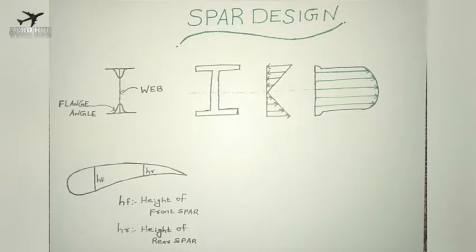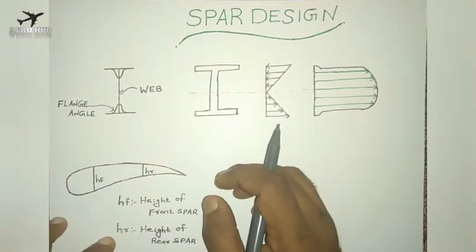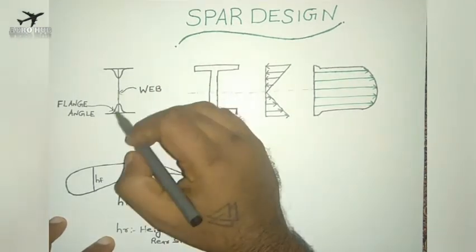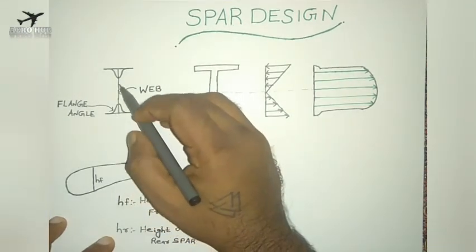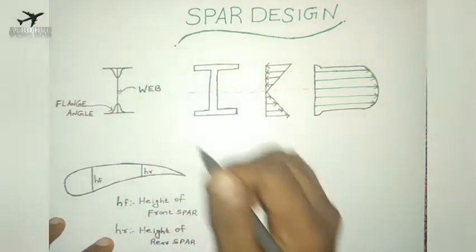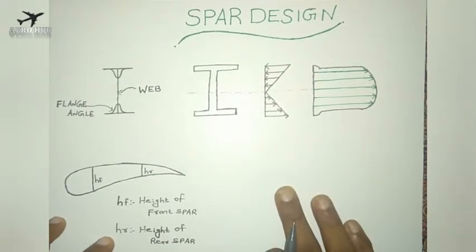You can see that mostly the spar acts like a strong beam that can carry bending load as well as torsional or shear load. Most spar sections are in the shape of an I section. Here is a built-up I section, with the top flange, the bottom flange, and the web of the section. The flanges carry the bending stress, a combination of compressive and tensile stress, and the web carries the shear load.